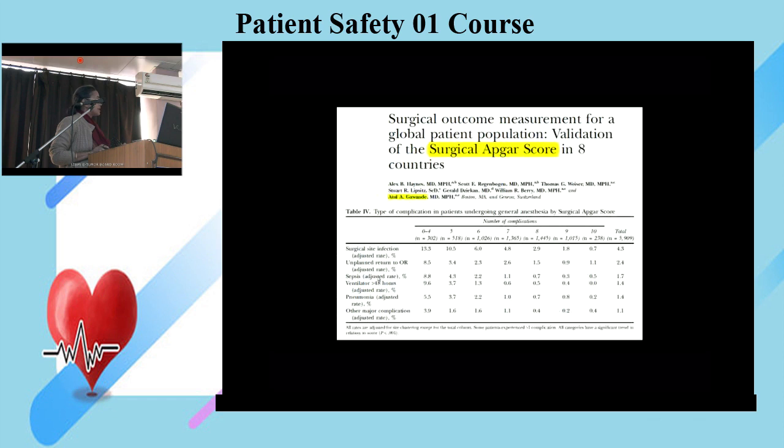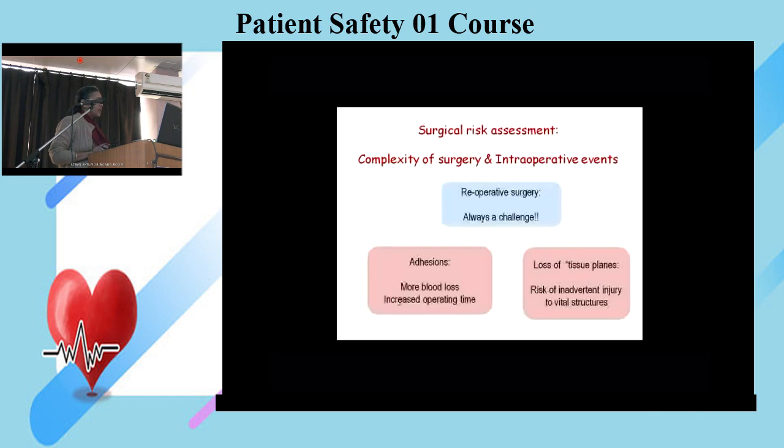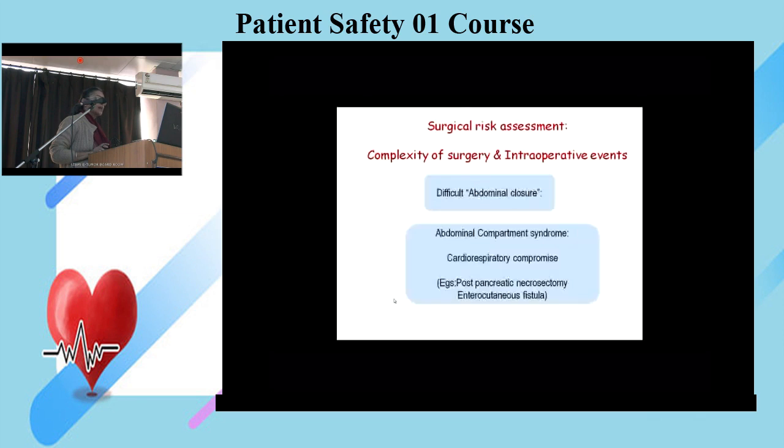and pneumonias. Then the complexity of surgery is determined by risk to adjacent vital structures. Example, large retroperitoneal tumors, where every branch of the aorta needs to be safeguarded and dissected free. Reoperative surgery is always a challenge because of adhesions and loss of tissue planes. Difficult abdominal closure may lead to abdominal compartment syndrome and cardiorespiratory compromise. The anesthetist will not be able to extubate. Example, necrosectomy for pancreatitis or after a surgery for intracutaneous fistula where there is loss of tissue from the anterior